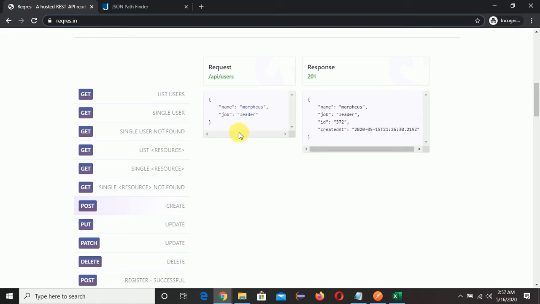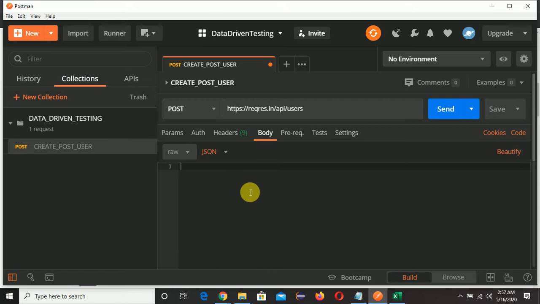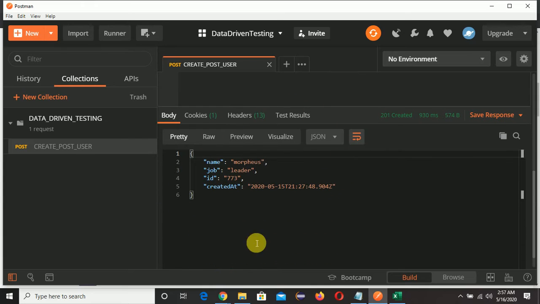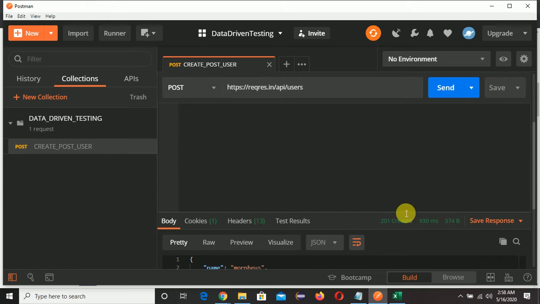Now we'll copy this body and paste it here. Now just click on save and check whether this API is working fine or not. Click on send. Now our API is working fine. You can see the result, right? Name Morpheus, job is leader, and ID is 773, and created ID is this one. You can even see the status here, 201 created.